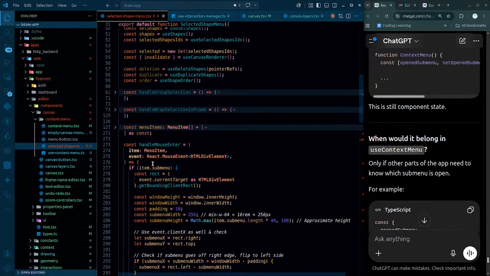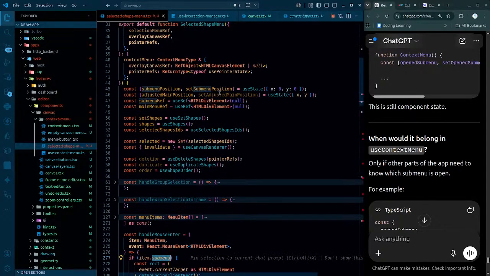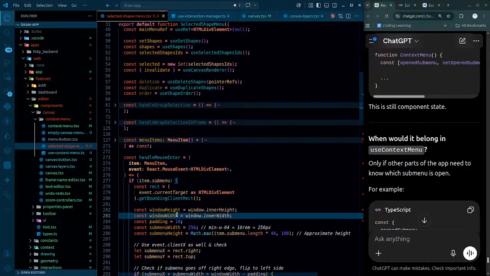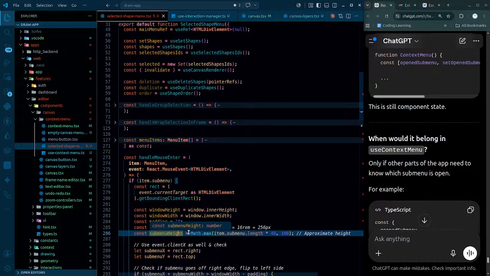And when it comes to this, we already have the sub menu in the item, that is right. And not only that, we have the window inner height and inner width. Padding is also there. Menu width, that's gonna be 256, and I don't think that's the best way to handle this. So what I'm actually gonna do, event.target, the thing is that we can get the value of what,